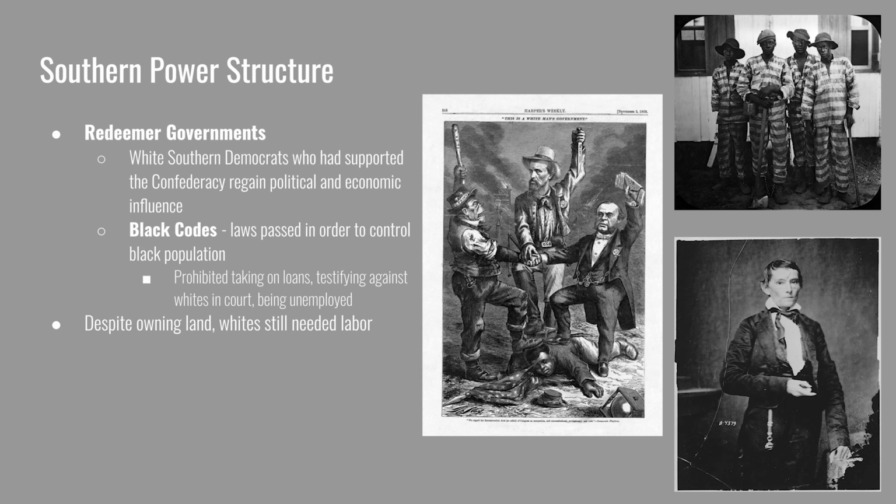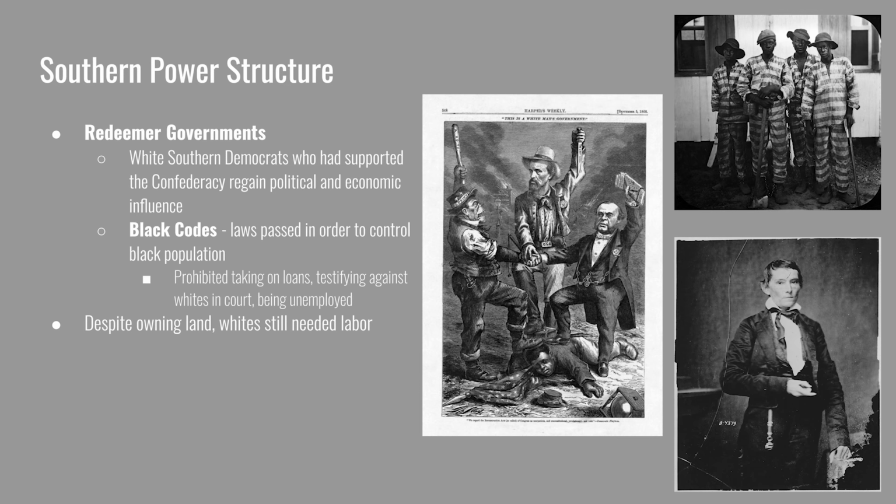Thus, Redeemer governments were those that were led by whites who had supported the Confederacy and opposed equality for newly freed blacks. They passed black codes, laws that attempt to control the black population. They prohibit African Americans from taking loans, purchasing land, testifying against whites in court. They even went so far as to make laws to make it illegal for them to be unemployed. If they were unemployed, they could be sent to jail and then be hired out in a form of involuntary